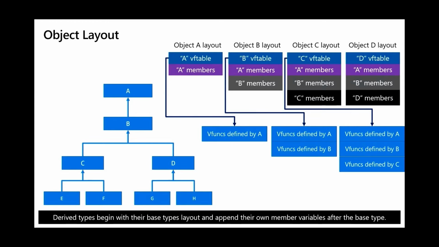And if you look at the vtable itself for object B, it will start with all of the virtual functions that A introduced. And this is what allows you to do upcasts and downcasts in C++ without actually requiring new code generation to be added to the binary. You can take that same pointer and interpret it as an A or as a B, because the layout is structured so that that sort of thing works. If you have a B pointer, the A member variables are at a fixed offset in that pointer.